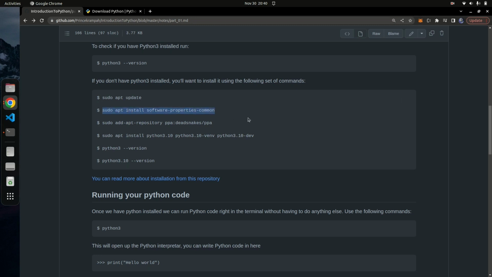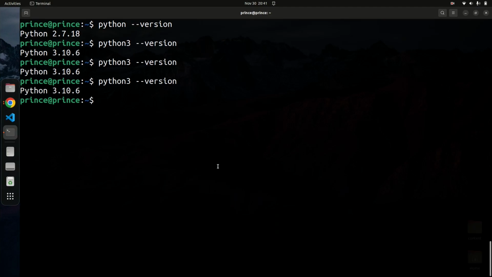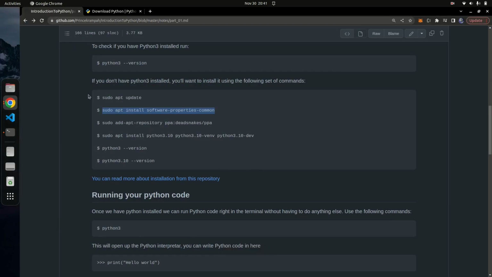Don't copy the $ sign in front of it, which is just there to show that these commands are for the terminal. Just like that, we have the $ sign in the terminal right here. So if you see the $ sign like this in programming, it's probably telling you that the command is supposed to run in the terminal, or the CMD or PowerShell on Windows. So yeah, that's how you can have Python installed on your machine.